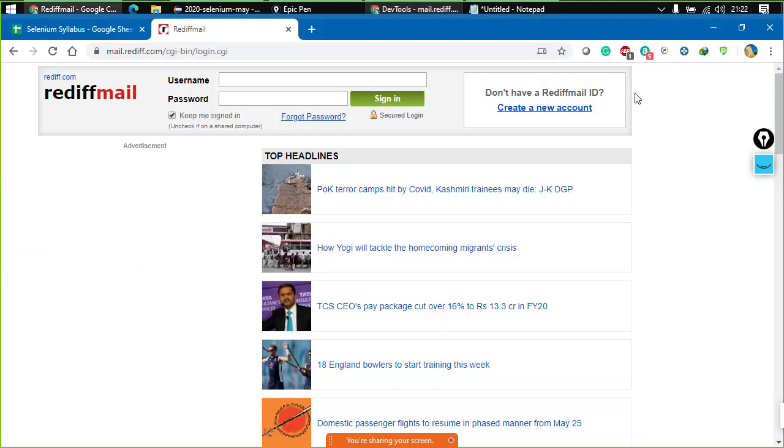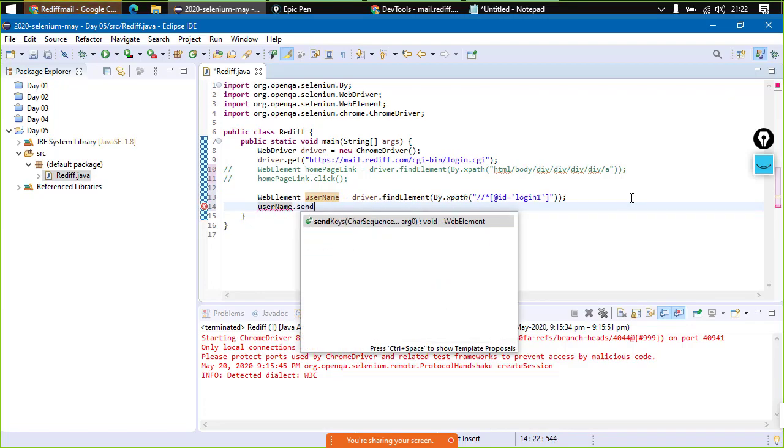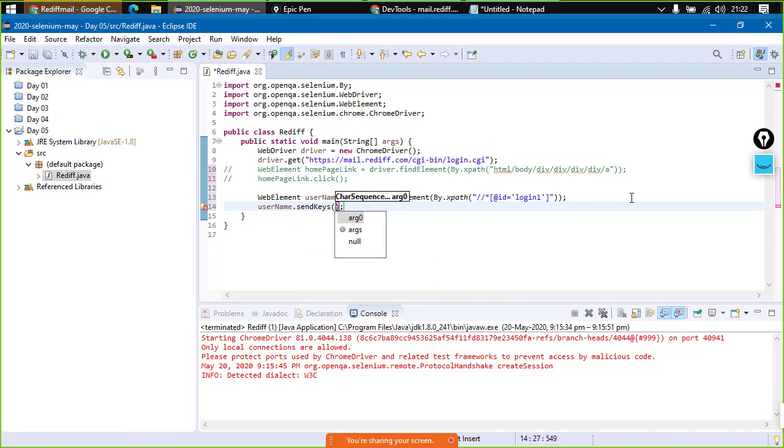Now what we would be doing is we would be trying to work with it, right? So here we have retrieved the element. I would like to send them some data. So username dot send keys, what data I would like to send? Again my name, right? So over here, this is done.